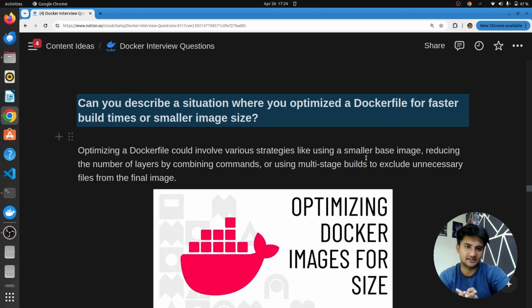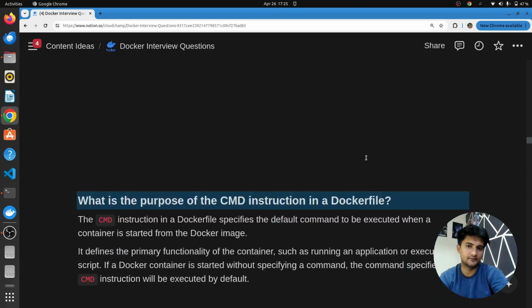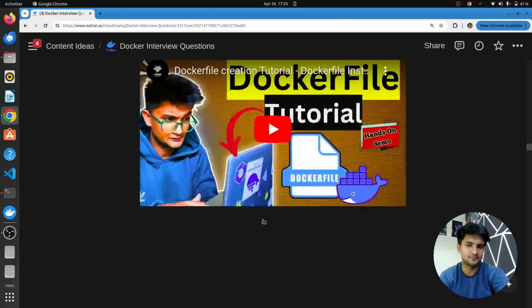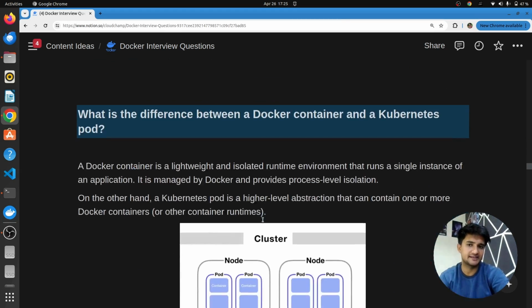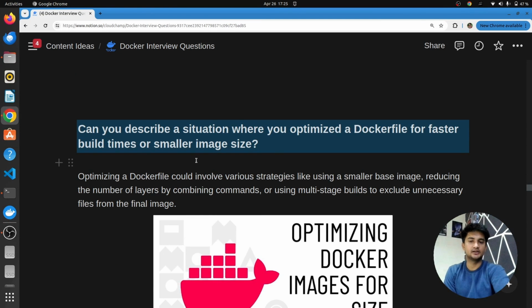You can use smaller base images. You can avoid using multiple instructions inside your Dockerfile. You can try to use just one RUN command and put all the commands you want to run in it rather than having them multiple times. And then you can also use multi-stage builds. So this is how you can optimize your images to make